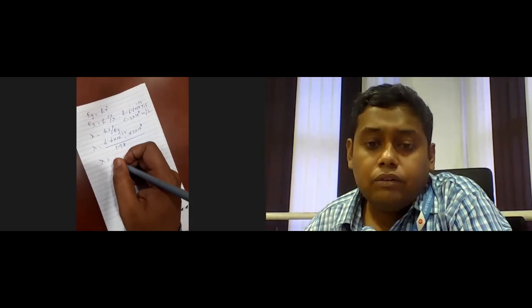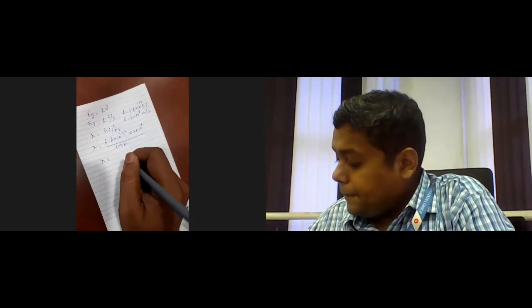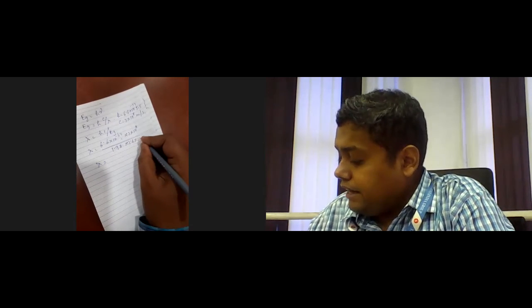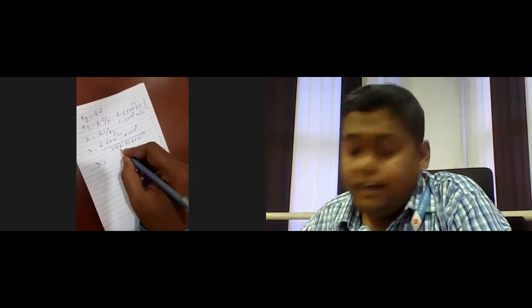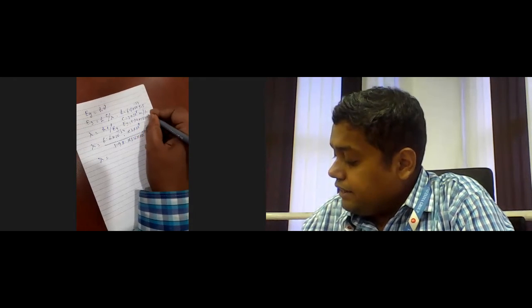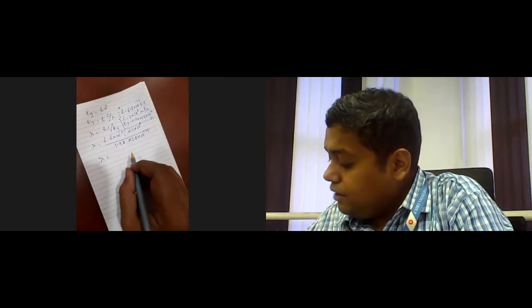First, find out the value of lambda. Tell me the value. What is the value of lambda? Here we also write down the electron volt, that is 1.6 into 10 to the minus 19 joule. So Eg is equal to 1.98 into 1.6 into 10 to the minus 19 joule. All are in the same scale. Okay. So what is the value of lambda over here?